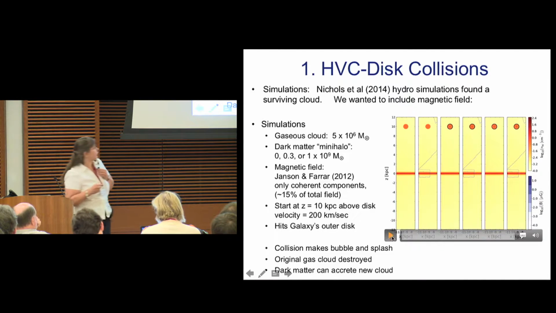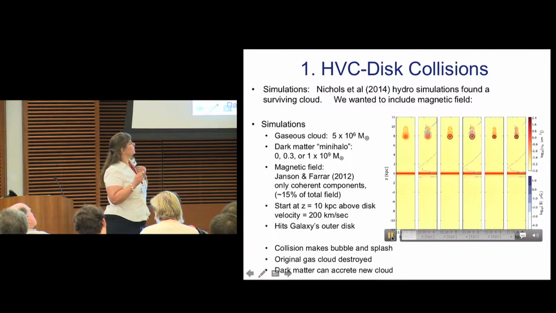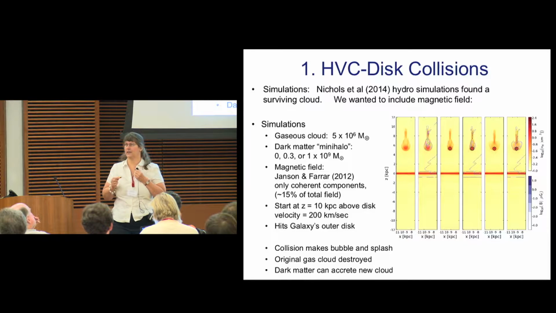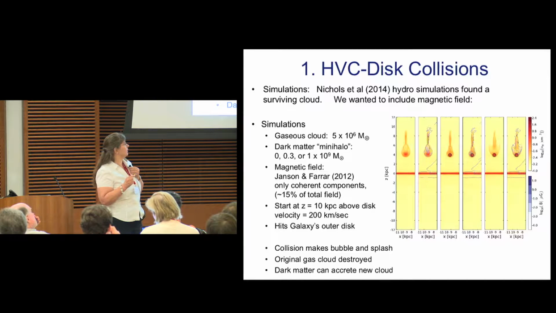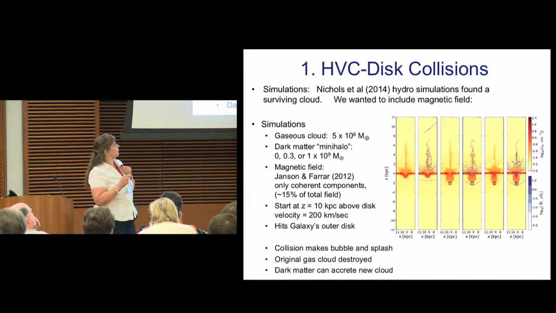So now you're seeing them drop. And as these clouds hit the disk, there's going to be an enormous splash. That splash actually destroys the cloud. Roughly half of the cloud will end up in the splash material above the disk and a little bit below the disk. And the other half, approximately, will end up in this bubble that is forming below the disk. So the cloud, half above in the splash and half in a little column in the middle of that bubble.